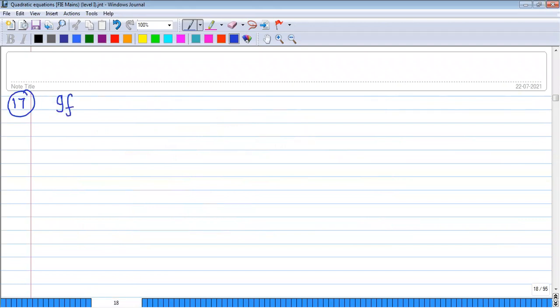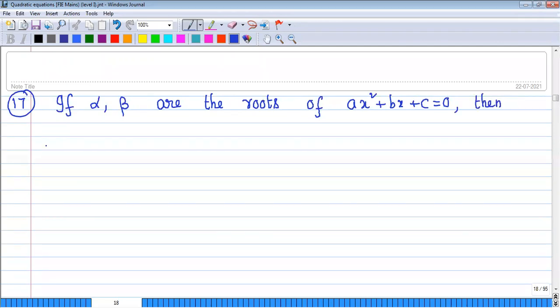If alpha, beta are the roots of ax square plus bx plus c equals to 0, then the equation whose roots are alpha plus beta, comma alpha beta is